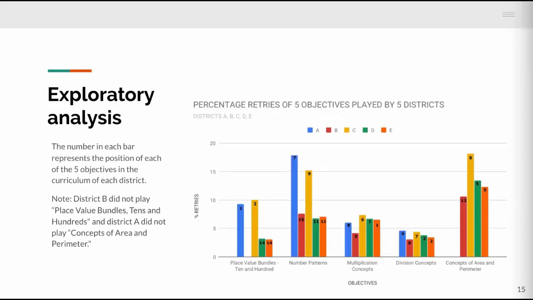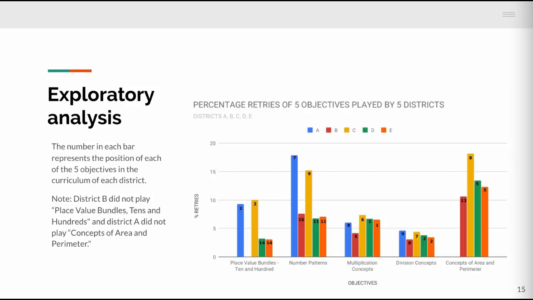We conducted a preliminary analysis to discover the sequence of STMath objectives played by elementary school students in 5 US districts. This figure is a sample from our dataset. It shows a bar chart of the sequence with which 5 districts, namely districts A, B, C, D, and E,